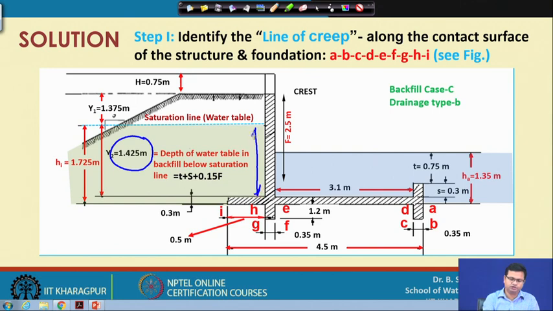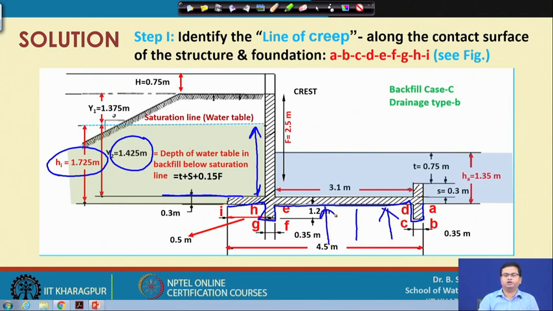So, that means pore water pressure is created in this fill material, which is up to a depth of Y2, which is above the apron. So, to get the value of H I, because we have taken our line of creep as A, B, C, D, E, F, G, H and I, here our contact pressure or the uplift pressure generally develops, which is vertically upward. So, along this line we have to estimate what our pressure is.